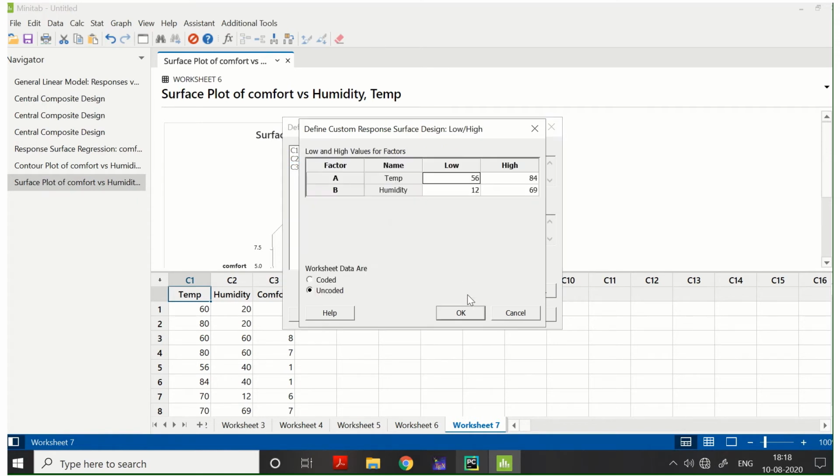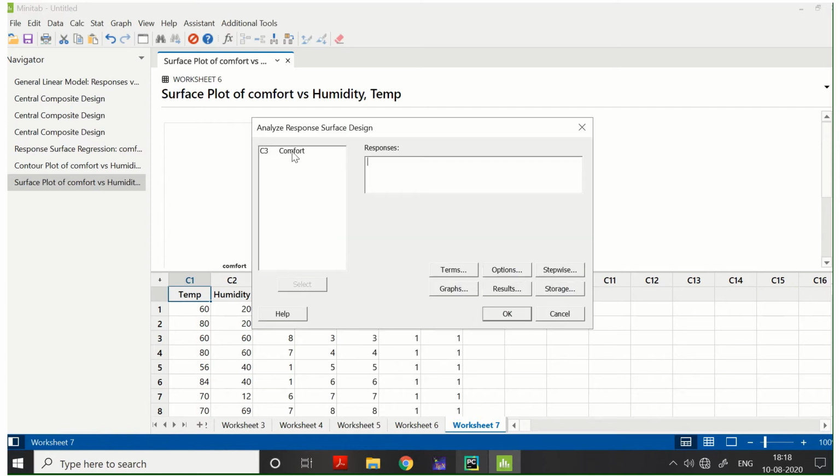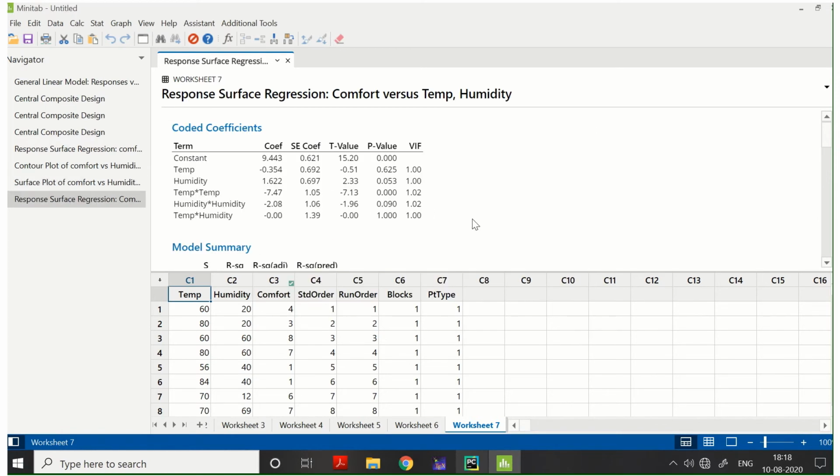You have to check low and high. The low value of temperature is 56 and the higher value is 84, and the same for humidity: our low value is 12 and higher value is 69. Click OK, and comfort is our response variable. Click OK on that.